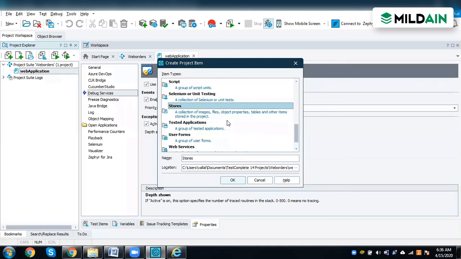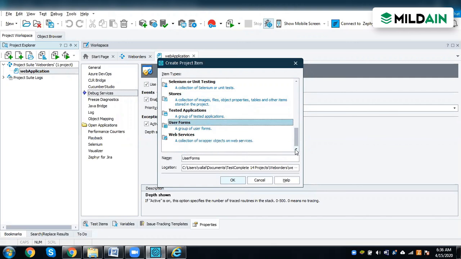Then the tested applications is mostly your exe file. If you want to run any exe file, you need to add it here. Assuming you are going to work on a desktop application, by default you need to add the exe here so that you will be able to work on it, as well as on the web application. User forms is something like your .NET framework, .NET form.